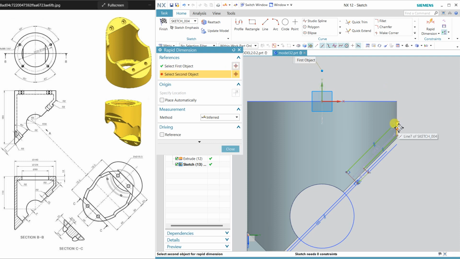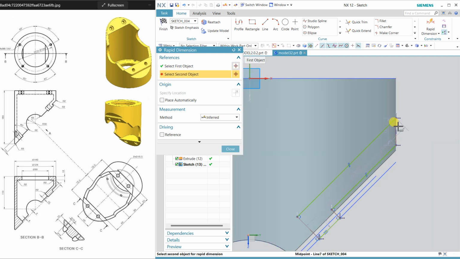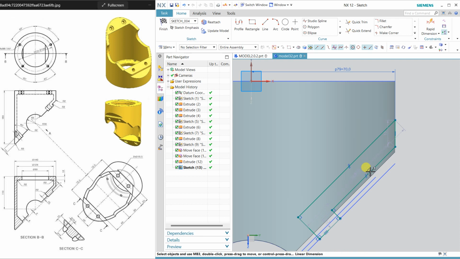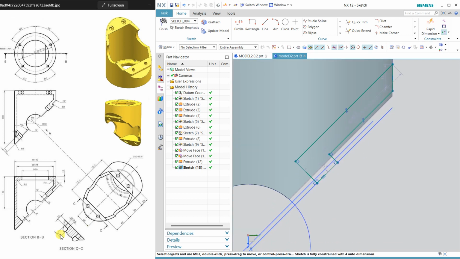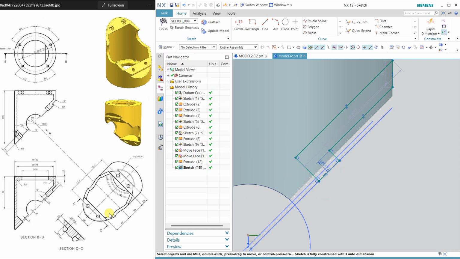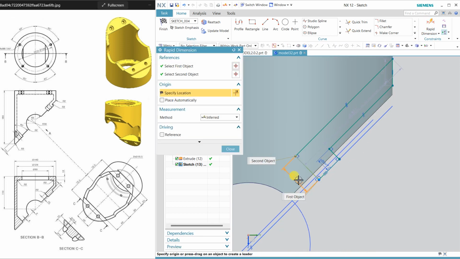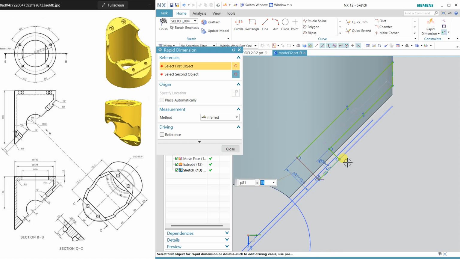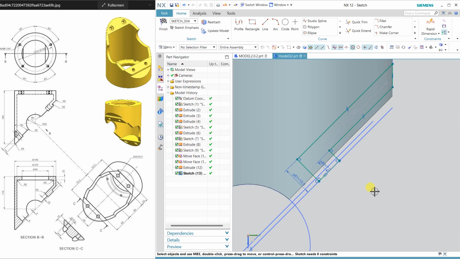Okay, now we will dimension it, and from the y-axis this line is 70, which is already correct, and here we have this dimension, we don't have this dimension, no problem. And this distance is 7, double click and enter 7, and again this is 15, so this total is 15. Click this and change this dimension to 15.